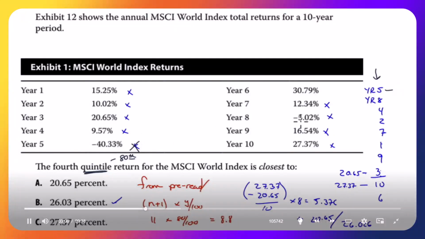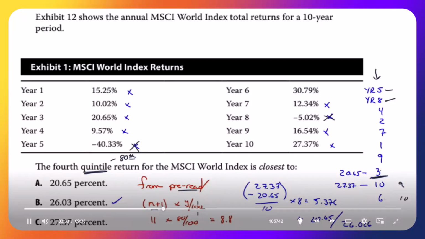I look for the next one, is year 8. I put an X there. And that is the next one in order. And I just continue on until I've ranked them all. And then from here, we can see that we have 3 and 10 and 6. So this is 8, observation 9, observation 10. And from the pre-reading, we know that if we want to find a particular percentile, it's